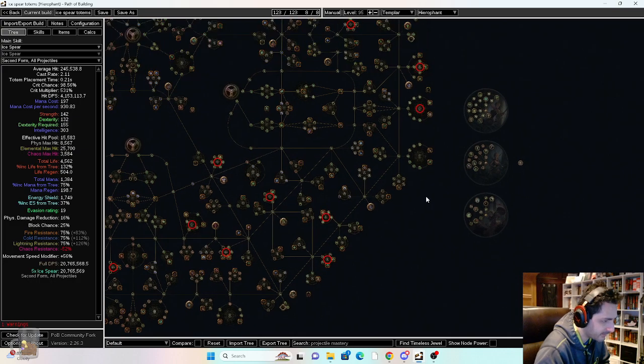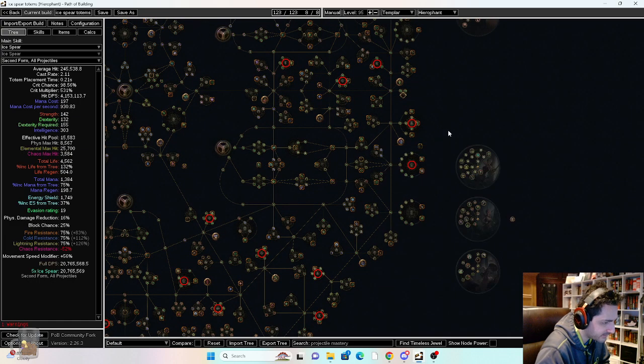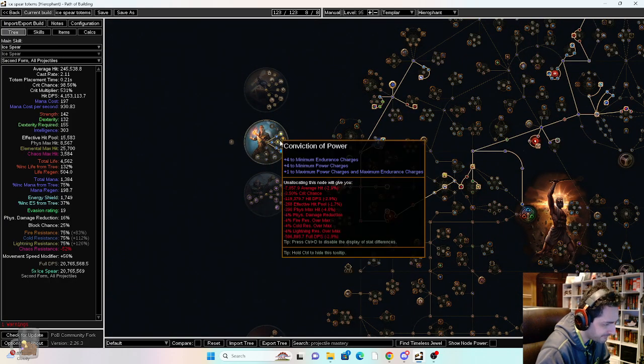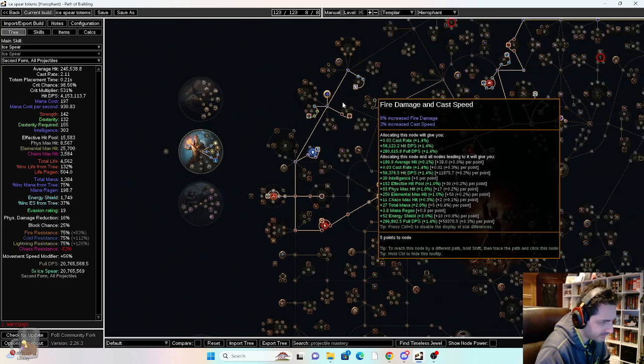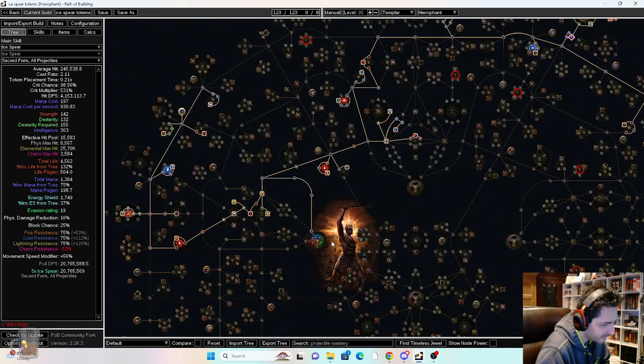I'll have to mess around with it, because you do have some crit around here. I can pick up Assassination. I can pick up Heart Seeker. The only thing that sucks is you're losing +1 totem. Which I don't know if that's worth. You're getting 2 projectiles, but you're losing a totem. You're actually losing 2, because it's going to be so hard to path over here. You're going to waste so many points. So maybe...